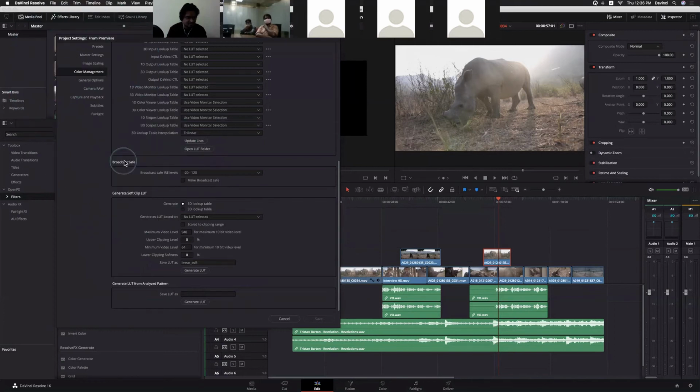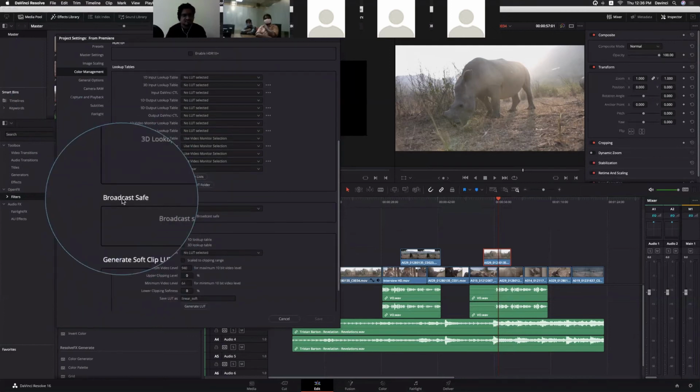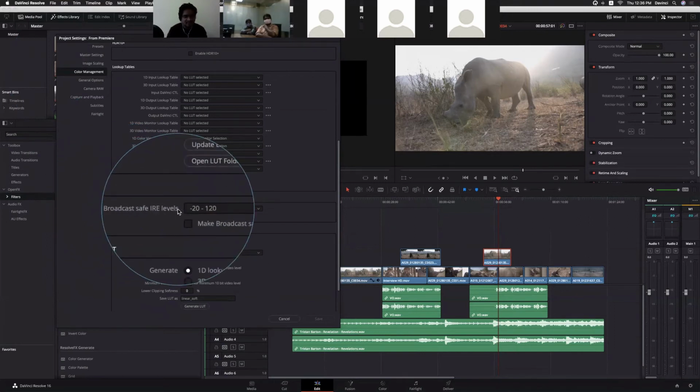Now there is one option called broadcast safe here. So instead of adding filters and everything, whatever option you select here, it will apply to each and every project. If you are using DaVinci, then you can forget about the broadcast safe filter. You are already applying that filter on your clips.